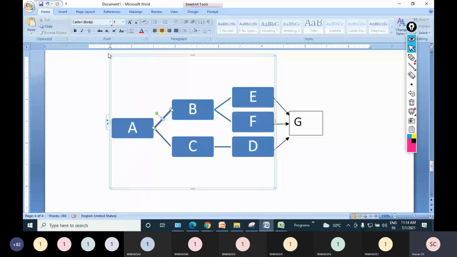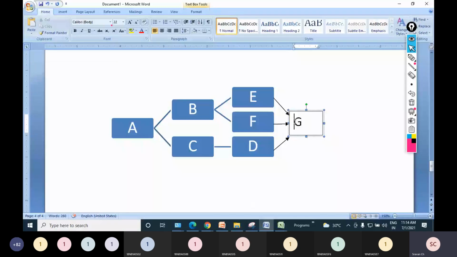So this Bayesian network. Now what I need to find is, if G is an incident or event occurred, what is the probability of E, means whether it occurred because of E, whether it occurred because of F, whether it occurred because of D. If this occurred because of E, then how much it was influenced by B and how much it was influenced by A. So this cause and event relationship you can study using Bayesian belief networks, right? So you understood what you mean by a Bayesian belief network? Is it clear to everyone?